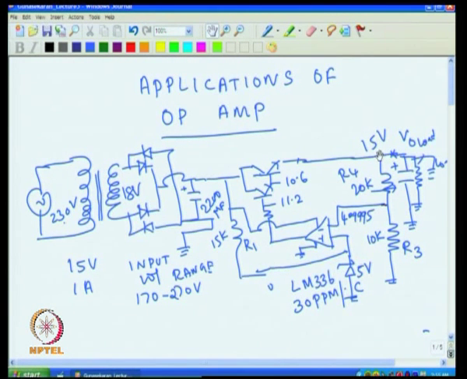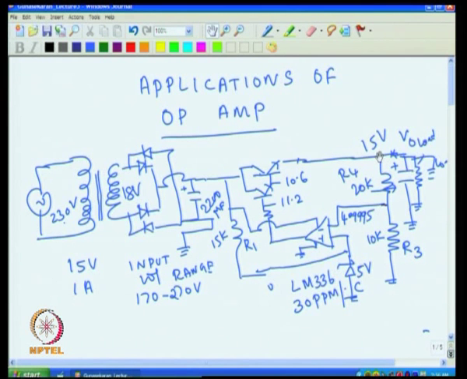So, this is the output voltage. The output voltage is divided using these two resistors. So, you get the 15 volt, and part of the 15 volt appears here, and this is the reference voltage, and this reference voltage is compared with this output voltage. That output voltage appears here, and then 0.6 less appears at the emitter and another 0.6 less appears here. Now, this is how the circuit is working.